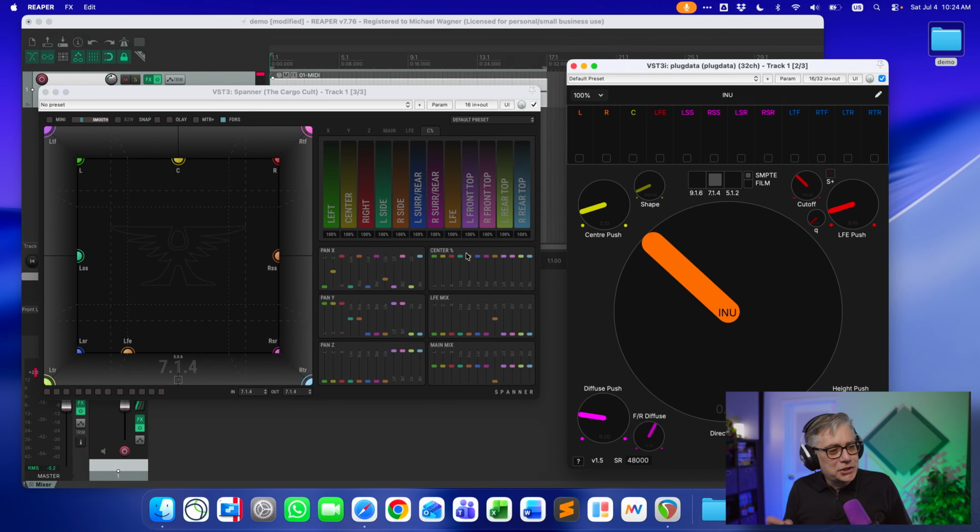So let's check how the channels reach Spanner, because we need to make sure that they reach them in the correct order. And fortunately in Spanner we simply see where the signal is coming in. So if I click here on the left channel, I see that it's reaching Spanner here on the left channel, which is exactly where it's supposed to be. The right channel, same thing. Center channel, same thing. LFE, same thing. Surround channel, oh, we are reaching the wrong one. So what is actually the side surround is going to reach the rear surround channel. So we need to take note of that.